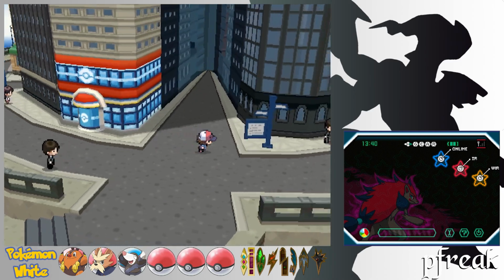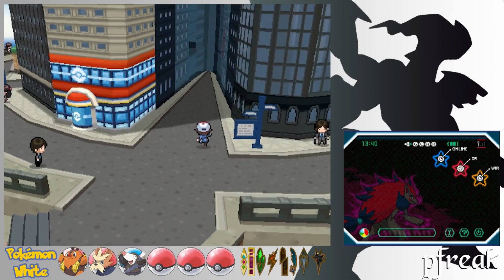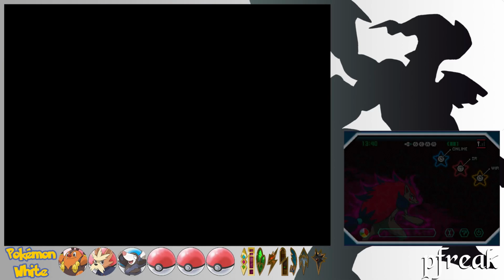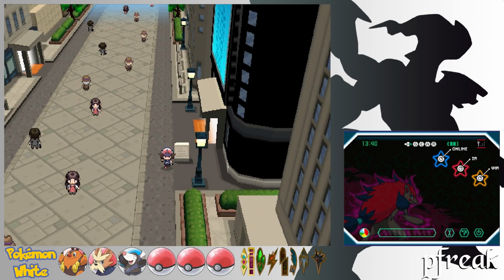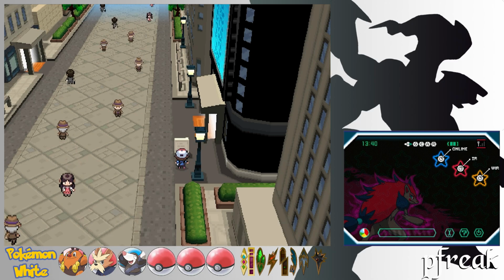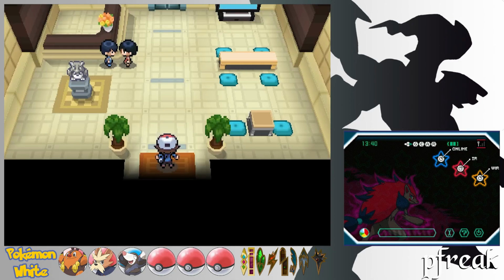Okay, now that we got all the piers in this main area of Castelia taken care of, let's go into the inner streets around here. So if we go down this street, what do we have around here? We have a lot of people just running around. Right over here we have Game Freak. Huh, I wonder who Game Freak is. Well, if we go inside...